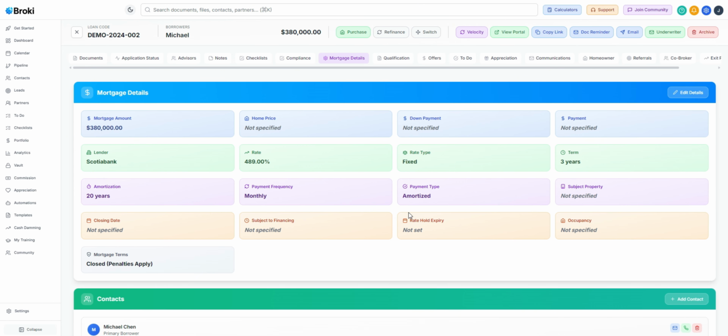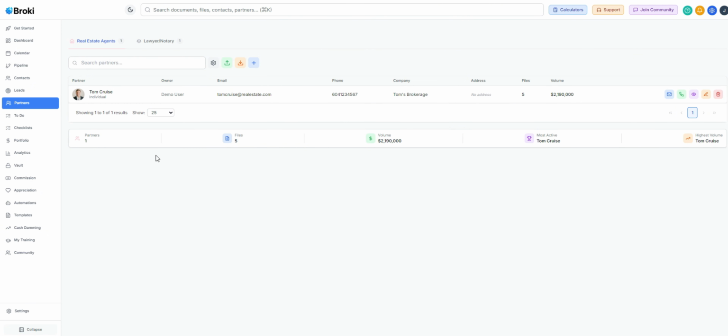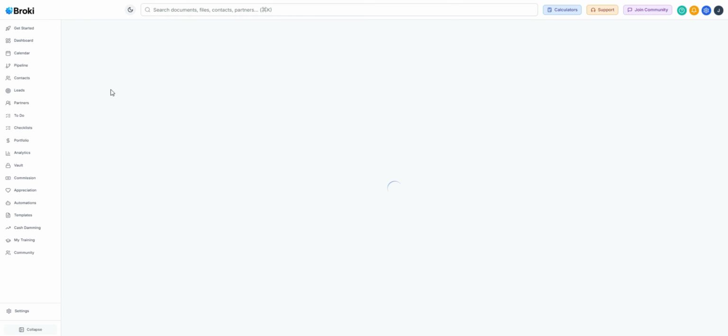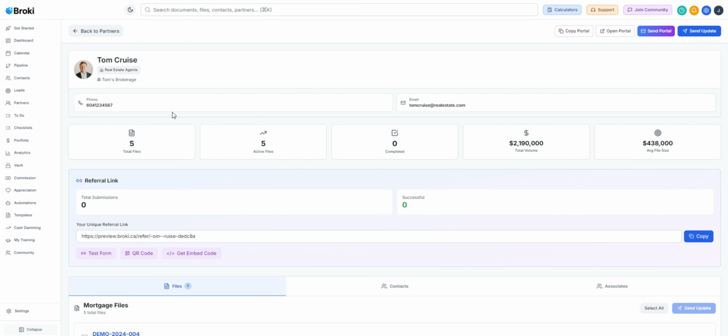If you're someone that works with realtors, lawyers, whoever, this is a great resource for them. So you can add your real estate agents, your notaries, to your platform, and when you tag them to those files in that advisors tab, they then have those files associated with them. So if I click into this realtor partner, Tom Cruise, has all the different files that he's associated with, and if I want to update him on where that file's at in the process, all I got to do is select the client, go send update, and it's automatically going to draft up a nice email with the stage of